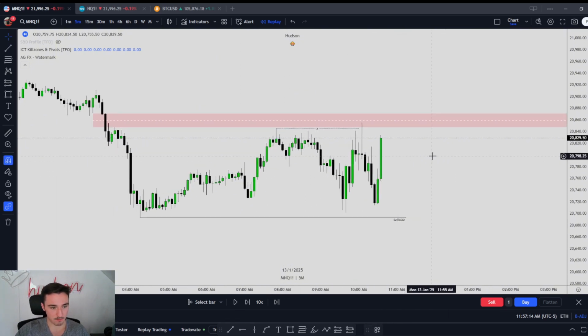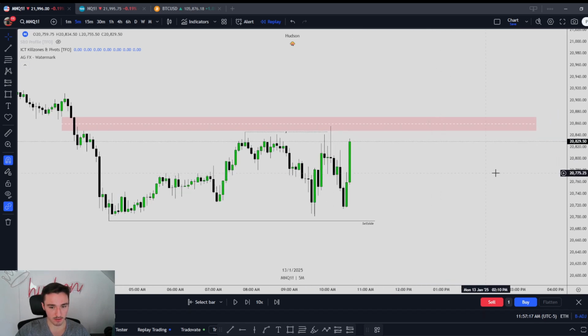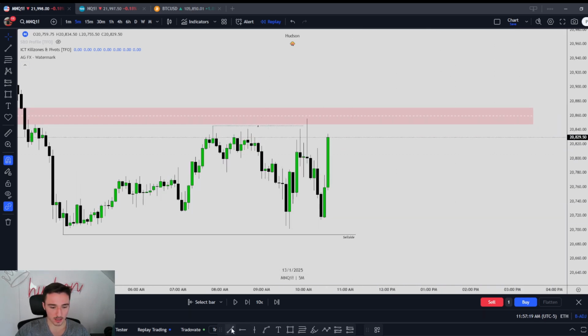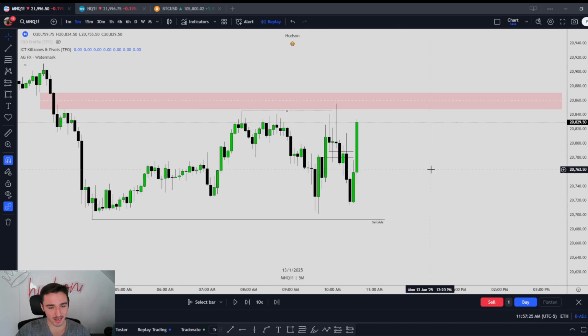fair value gap. Right, so we enter that 15-minute fair value gap right here, and I wanted to see a closure below this imbalance, right? Because there's not much in this price action to tell me to short this, right? CISD would have been down here, and that would have been just not ideal to short down here and have my stop somewhere up here for a PT right here.